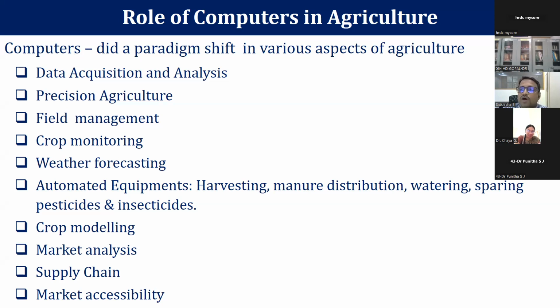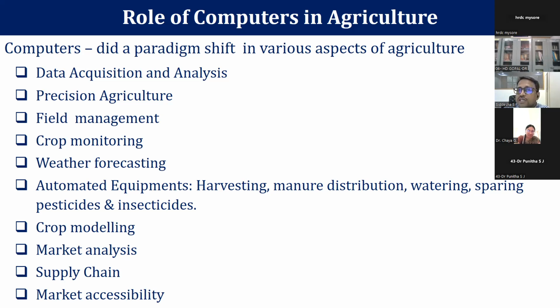And next is crop monitoring. Monitoring the crop means different stages have to be monitored. Once we put certain crops into the field, from that time itself we start managing and monitoring the crop for any pests or weeds in the field, how to remove them, and classification of weeds compared to the crop. Based on that, technologies are used to differentiate weeds from plants. That comes under crop monitoring, and also disease detection.